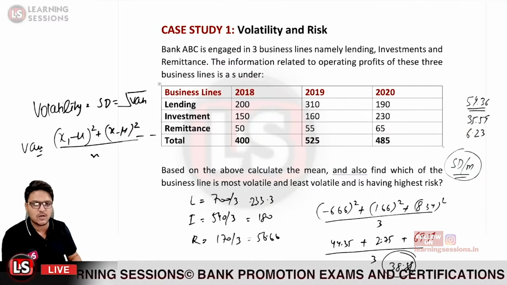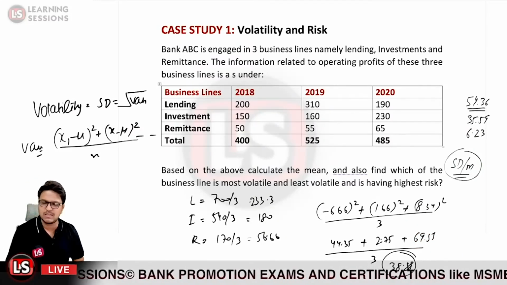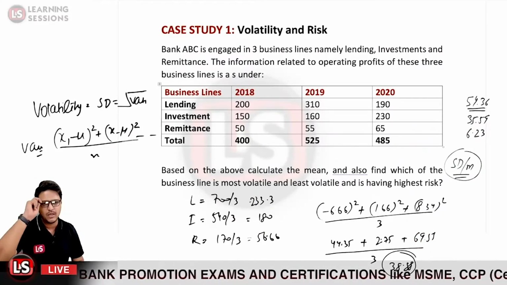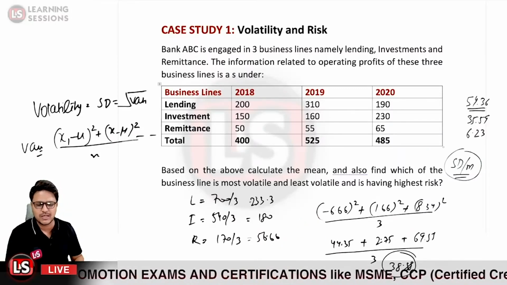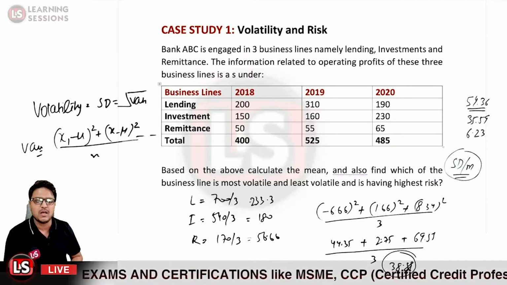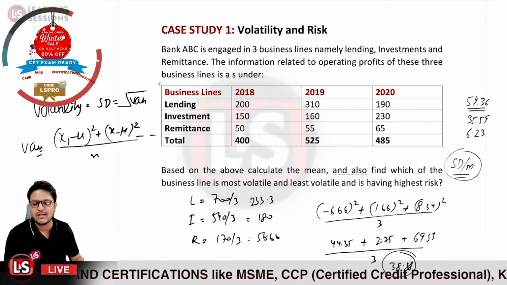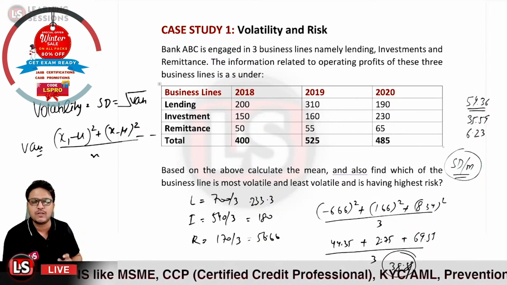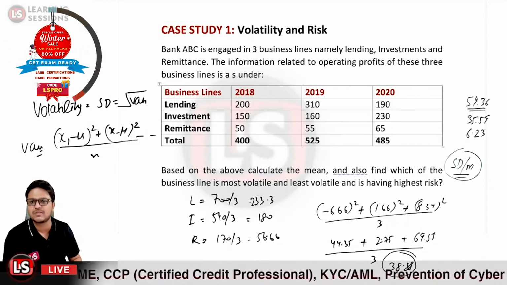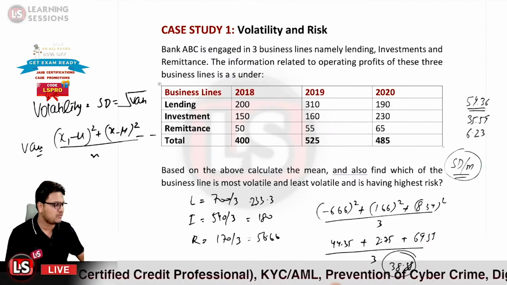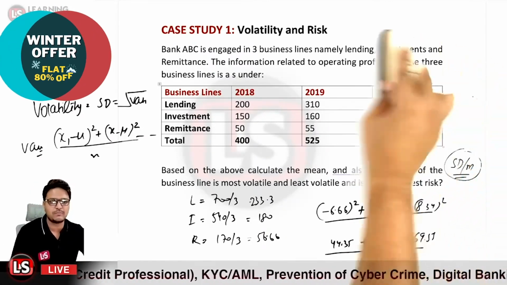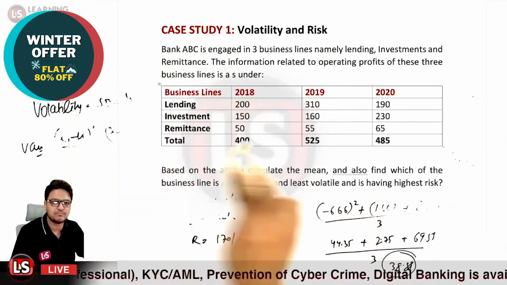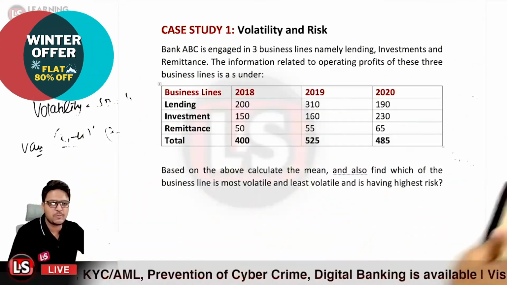Okay, so that is how we can solve the questions based upon this. It will not be covered in one single question. It will be covered in three different questions, like which of the following is having the highest volatility, which of the following is having the least volatility, and further which business line is having the highest risk associated with it. So we basically need to answer accordingly over there. Is that clear? Okay, so that is related to this particular case study.